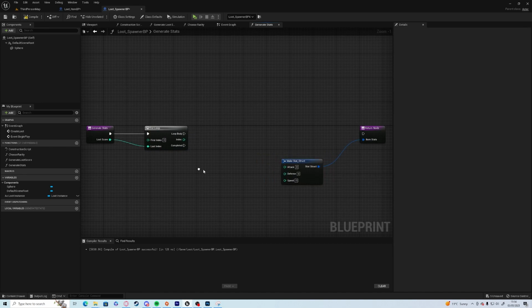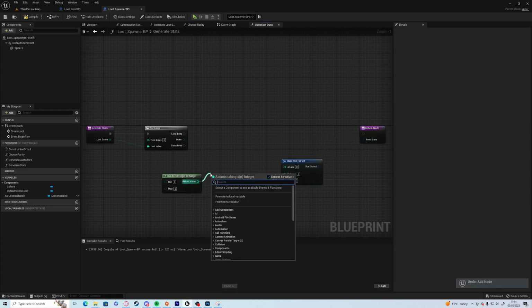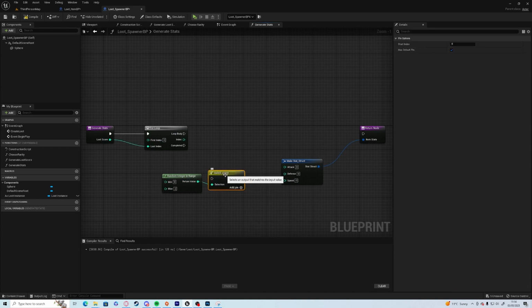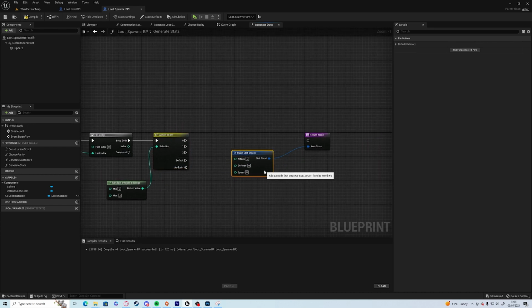So we can go random integer in range 0 to 2, which gives us 3 different options, and we can switch on int 0, 1, 2, and then if